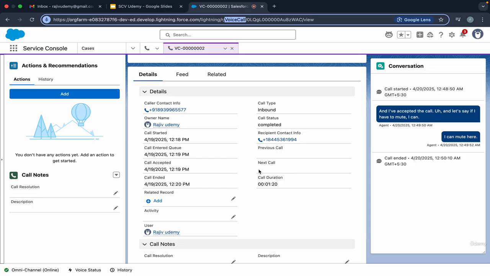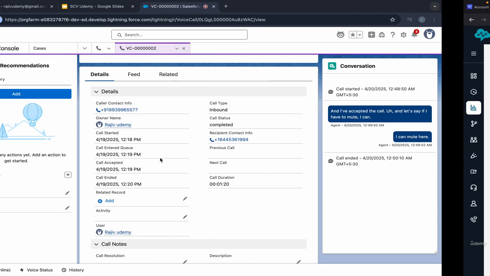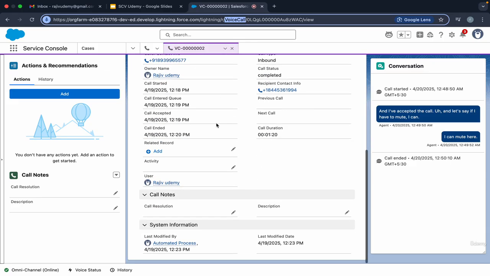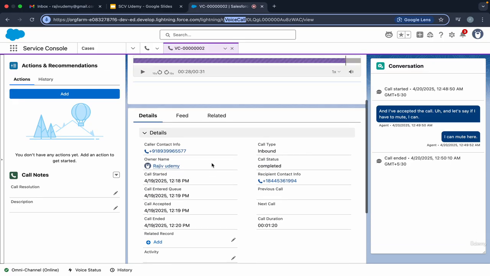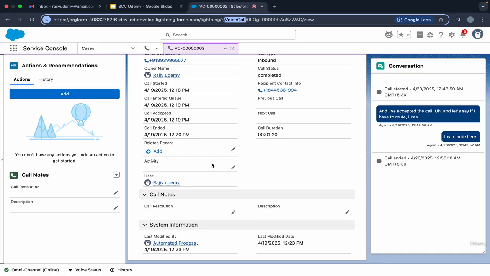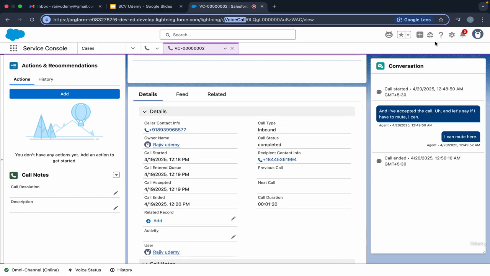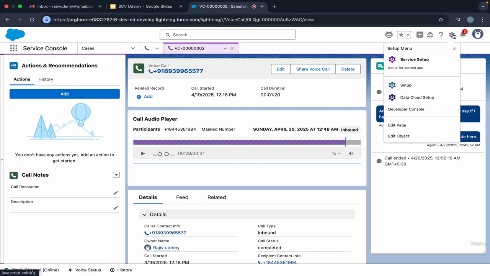And if there are any other metrics, so let's say I want to look at the same voice call in AWS, how do I check that? Let's see if that field is added. There are a bunch of fields that come by default. In case you want to add more, you can click on setup,